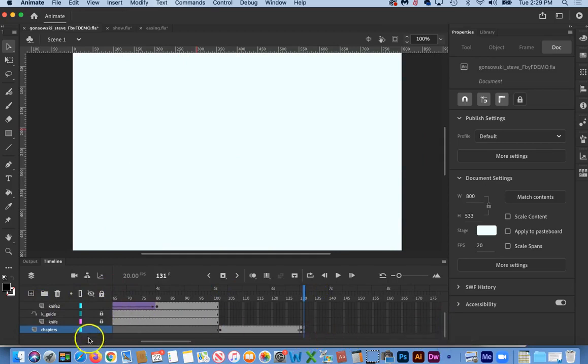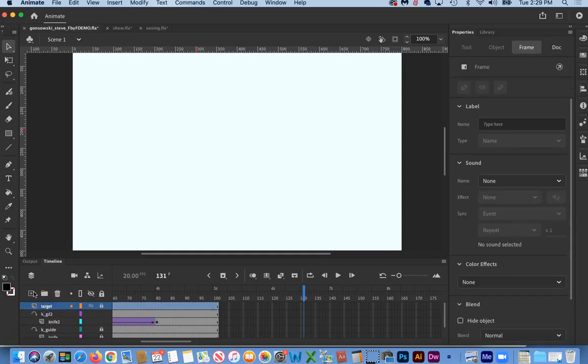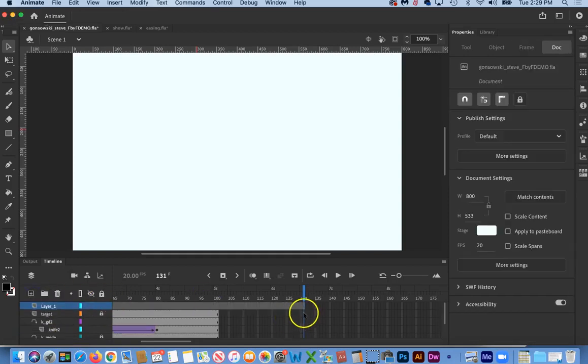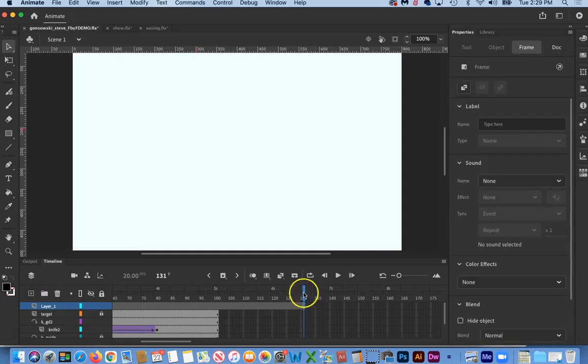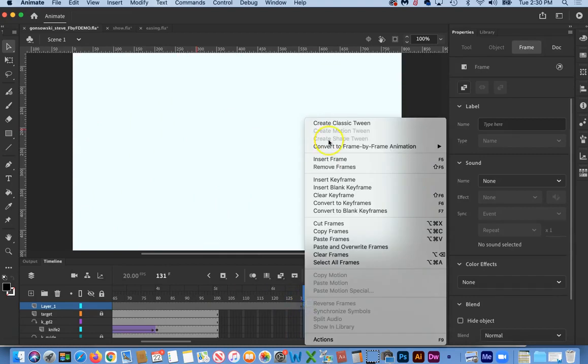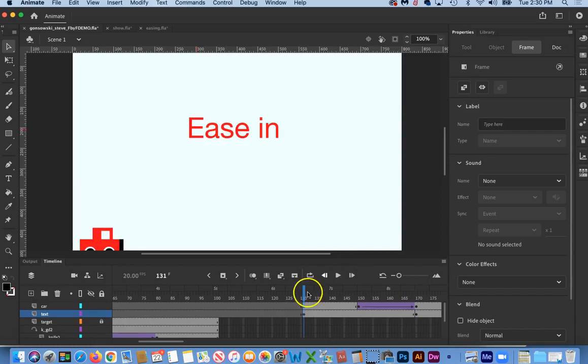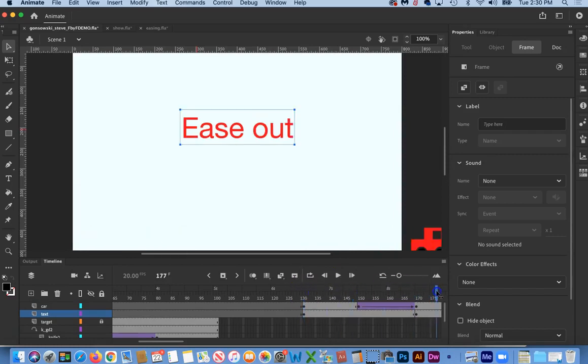But what we want to do here is we'll go up near the top, we'll click plus to give us a new layer, and right at the layer where we want that to show, we will do our F7, and then we will right click inside of the F7 that we just did and we will select paste frames. Now they went exactly where we want them to,